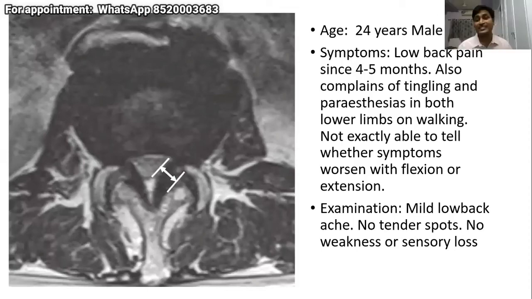No. Radicular pain is more of pain. The patient will have radiating pain. Superimposed on that, he will have tingling and paresthesia. So the first symptom should be noted as radicular pain. We cannot consider tingling in that. If the patient has an acute disc, he will have radiating pain along with tingling and paresthesias. If the patient has canal stenosis or chronic disc bulge, he may have minimal radicular pain along with tingling and paresthesia. So if the tingling and paresthesia are predominant, we will think in terms of canal stenosis, either central or lateral canal. So this is a lateral canal stenosis.